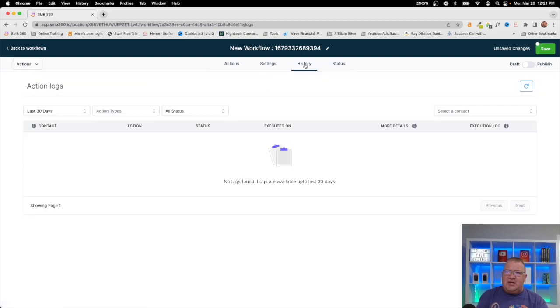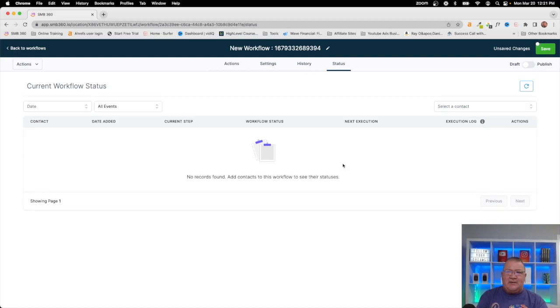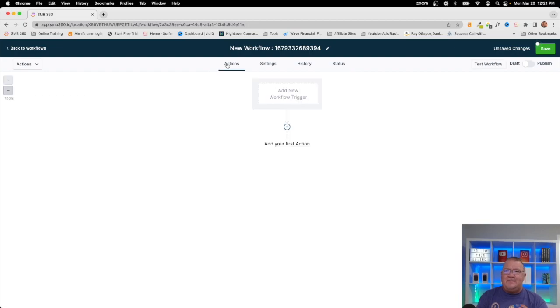But you can also just look at the history. This is like when the workflow was created, who modified it, when was the last time it was modified, things like that can be found here, and then just the status of it, of the events that are happening inside of your workflow. So you can just see all the different steps of all the people going through it, where they're at in what particular step. So it allows you a little bit later on, if you're troubleshooting a workflow, to be able to get some better data. So right now we're going to go back to actions, and we're going to go to setting up